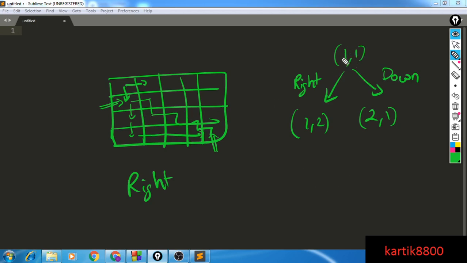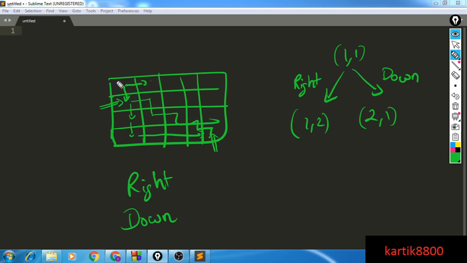Moreover, from 1 comma 1, I could do a right, or I could do a down. I could reach this cell. So I could have gone right or down. All these paths can be prefixed with a down and taken as valid paths from 1 comma 1 to n comma n. In this case, all the paths that start from the cell 2 comma 1, there can be any number of paths from 2 comma 1 to n comma n, and all those paths can be prefixed with a down.